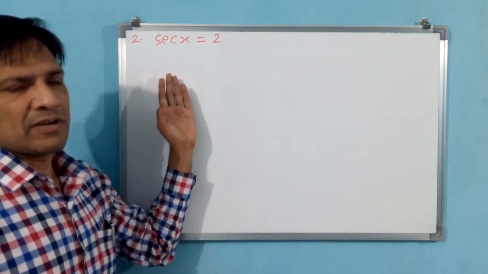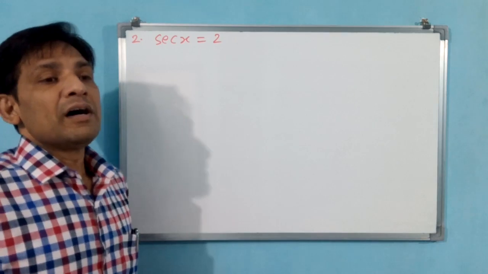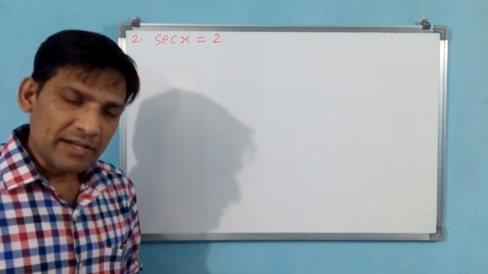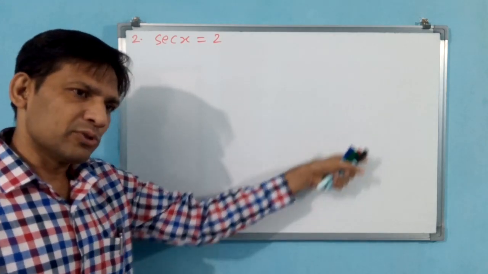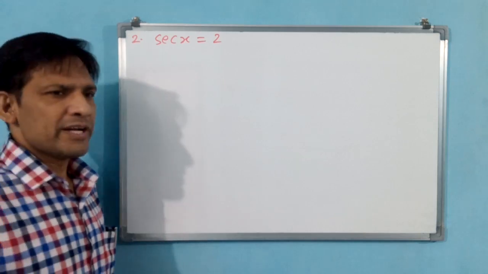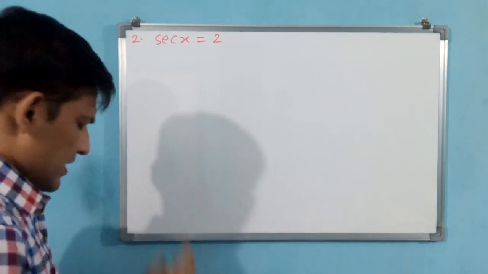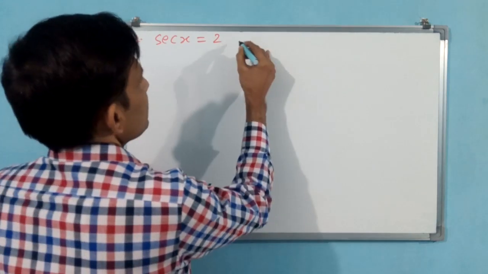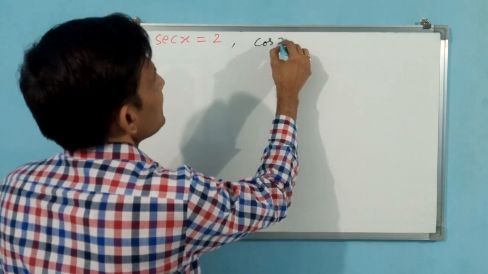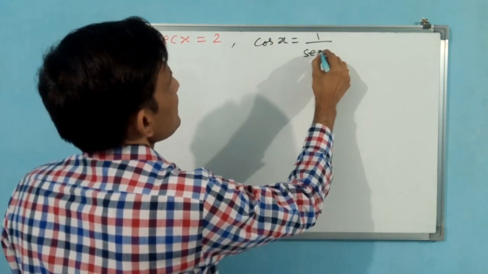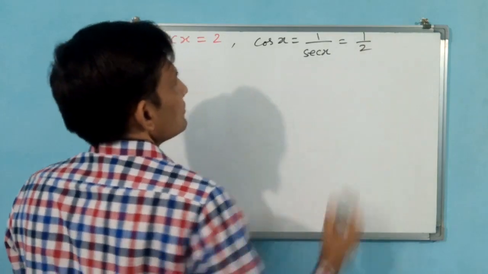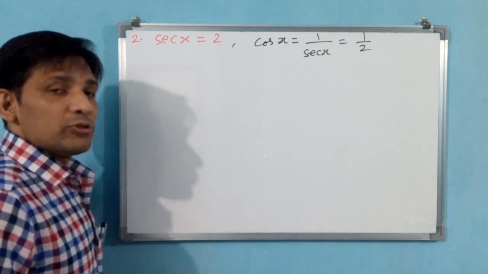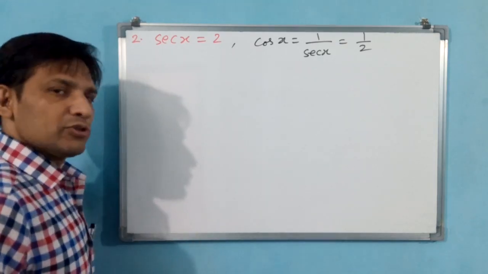Yes, directly you can convert. Cos theta is equal to 1 by secant theta. You convert it first into cos theta, then you find the general solution and principal solution, both for cos theta only. We need not find it for secant theta. Let us find. You write cos theta is equal to 1 by secant theta, that is equal to 1 by 2. Is it correct? Now cos x is equal to 1 by 2 has come. We can find the principal solution and general solution both for cos x.